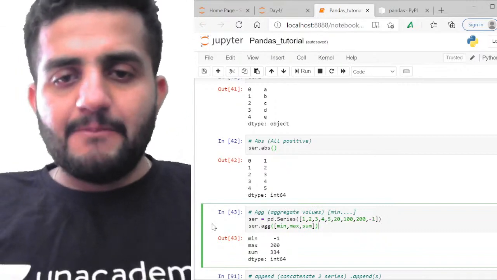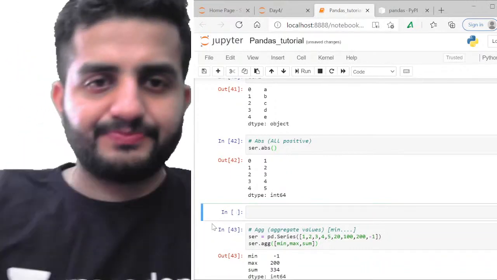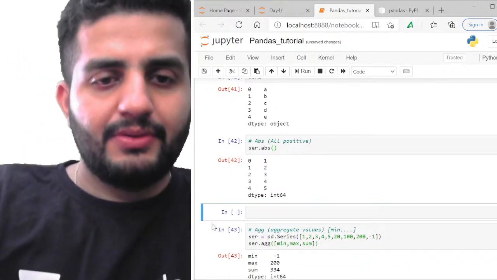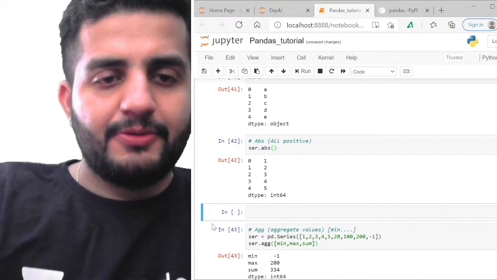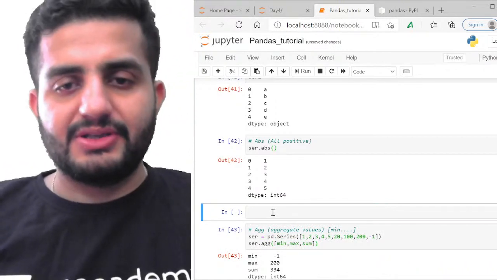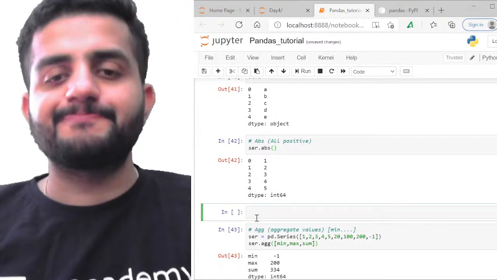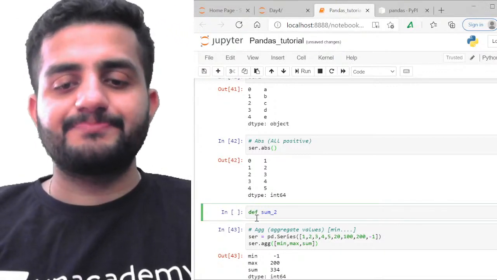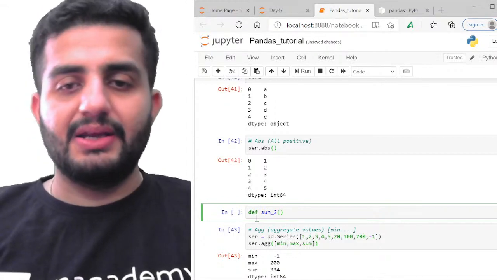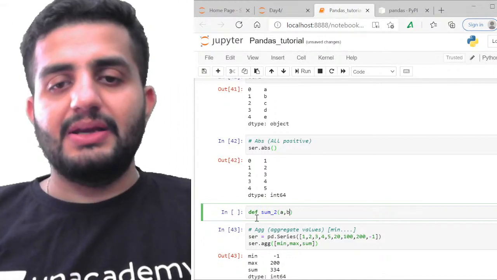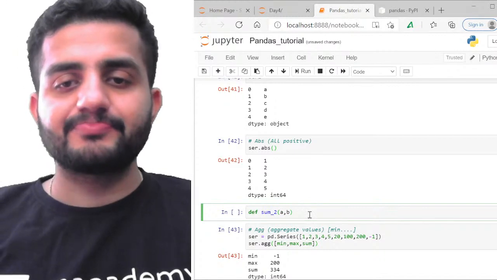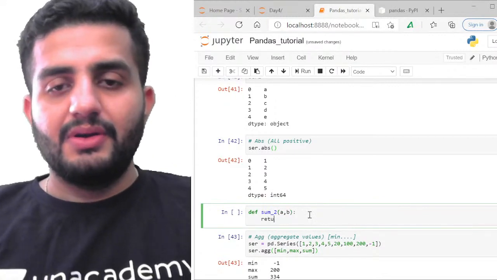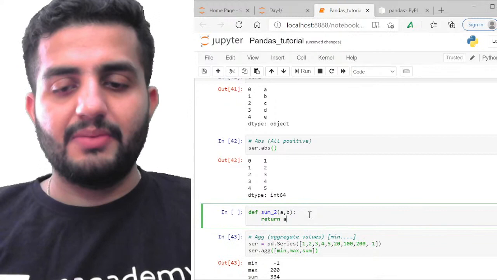Like for example, suppose you created this function, say def sum of 2, and you're going to pass say a comma b as parameters. And then you're going to return say a plus b.